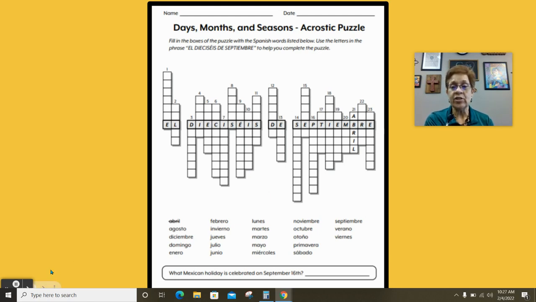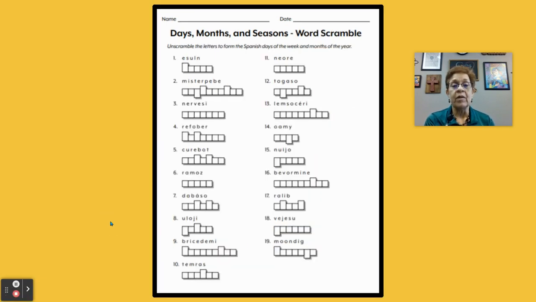So let's go to the next page in case some of you get this done, because some of you are pretty fast. Some of you can work fast. So let's go down to the next page. This is days, month, and season word scramble. Unscramble the letters to form the Spanish days of the week and months of the year. So this is a little hard, but what I would do is I would look